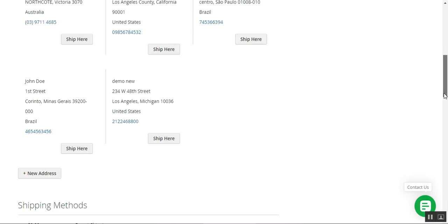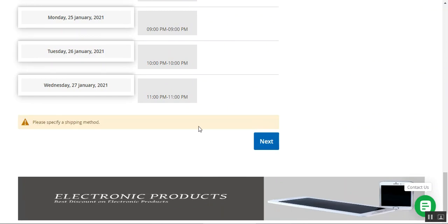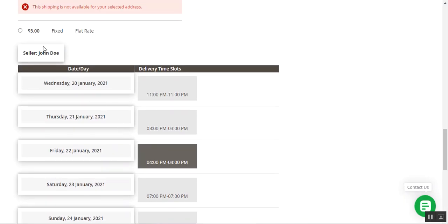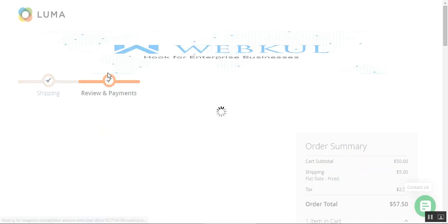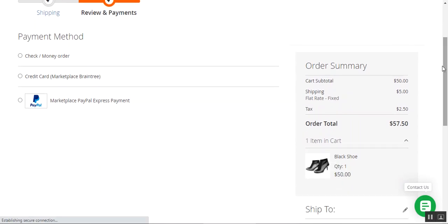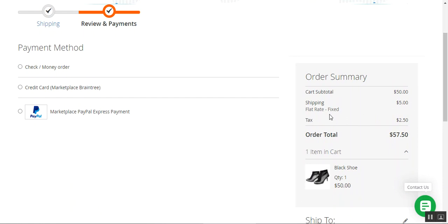And let me go ahead and choose the delivery method there. Okay, the shipping method, let me choose it as fixed rate. So this shipping is not involved with this plugin's functionality. So here we can see that the tax that is applicable on this product is $2.50, and according to that the customers can easily find the tax applicable for their products for which they're going to place the order,